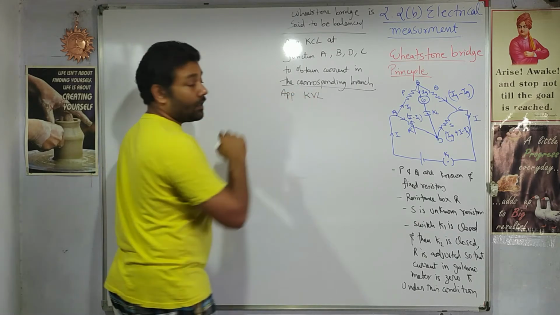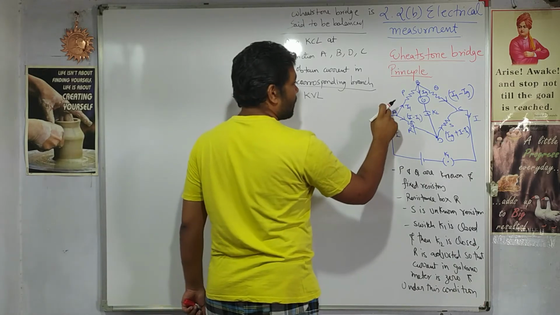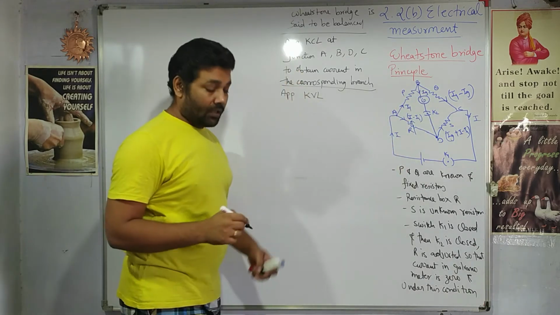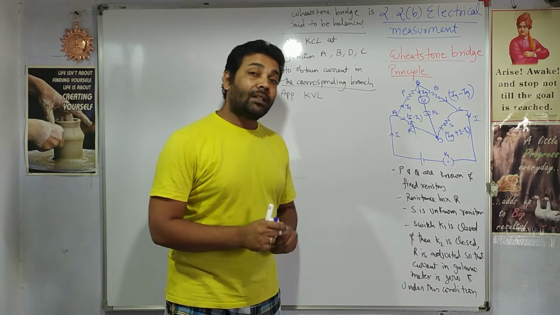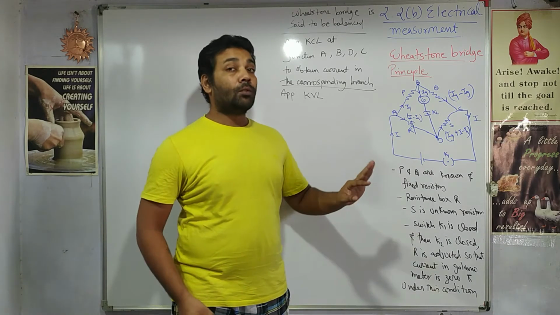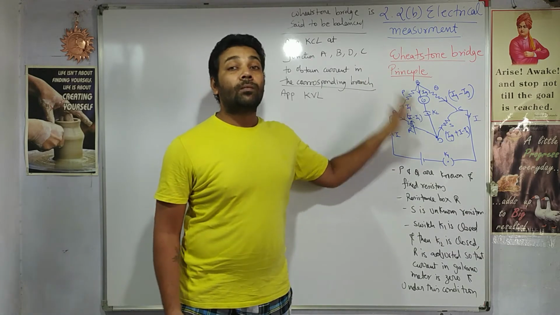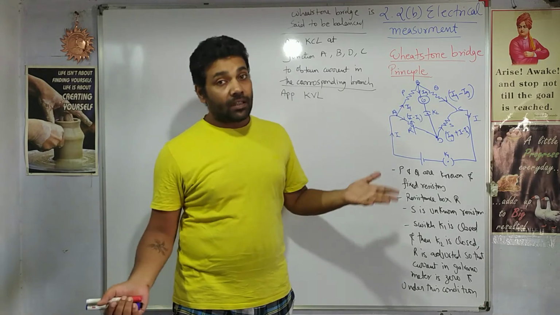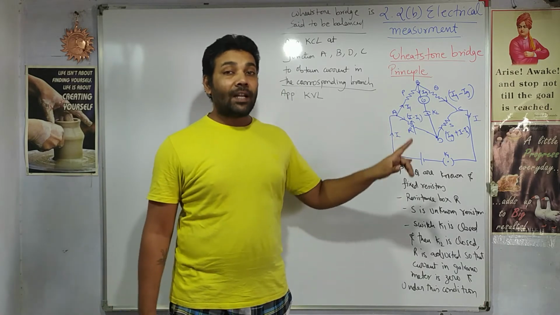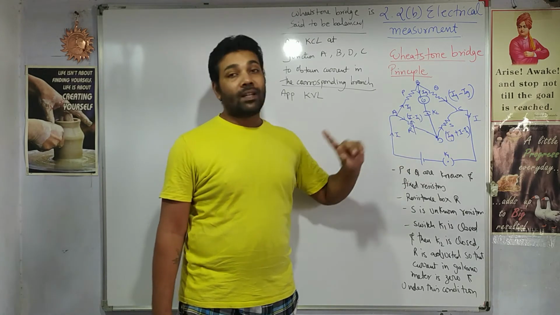Next step, we apply KVL. For KVL, again we need to select a loop. So how many loops can you see here? You need to be very attentive about the selection of the loop. You must be sharp enough to identify the number of loops. Even though the number of loops may be many, the selection of the best loops has to be done so as to obtain the value S.